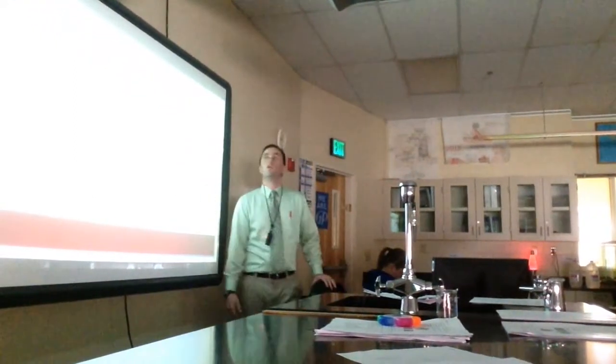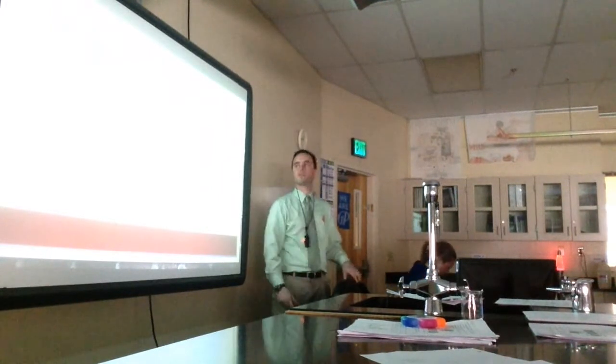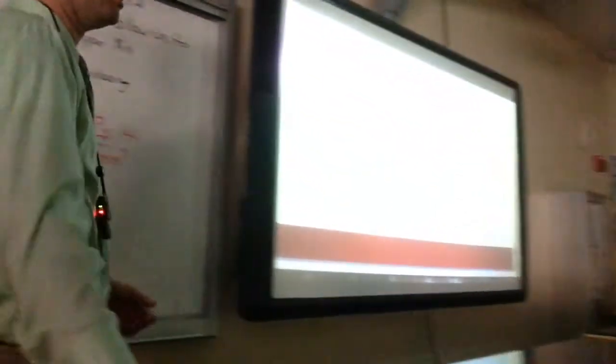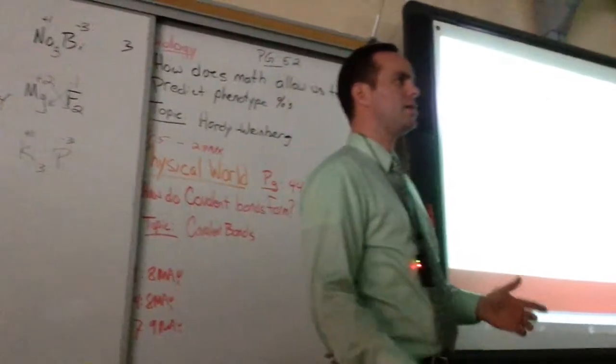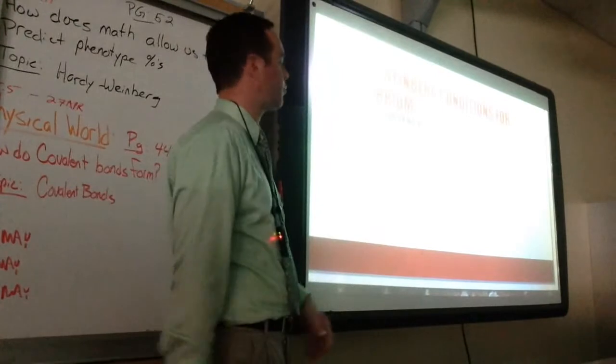The next piece that's going to come up are the conditions for equilibrium to be in place. Right, so this is what it takes for evolution to not be occurring. These 5 conditions we're about to go over. And the first one is random mating, which isn't what you may be thinking it is. Random mating means that there are no selective practices in choosing a partner to breed with.